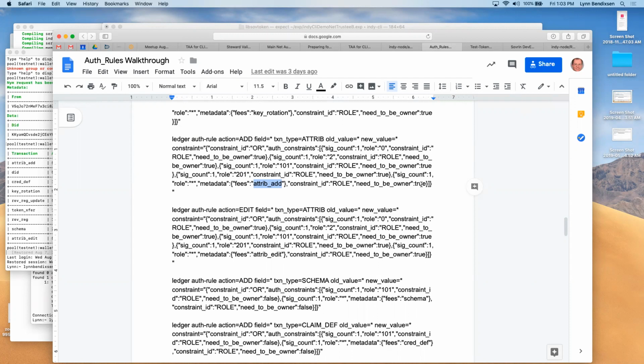You still have a payment that you have to pay, but we'll send you a bill in the mail if you're an endorser or one of these other roles that tries to add an attribute to your NYM. That make sense? Yeah. So the CLI would kick back an error of some sort, indicating that that section of the rule failed. If you had no role, then it would say, sorry, you didn't pay the fee. It would fail.